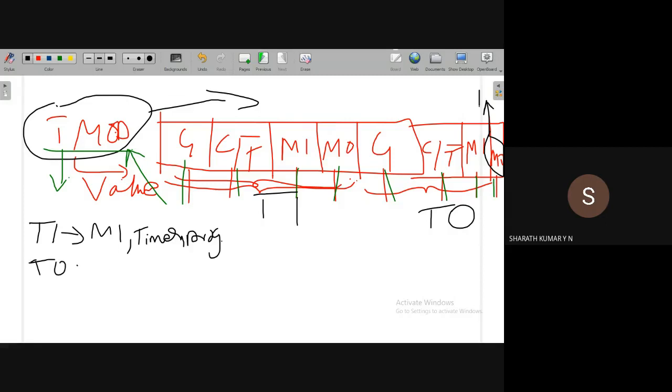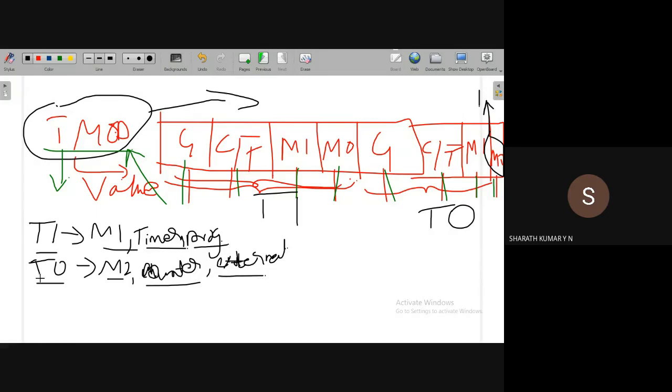Timer 0 as a counter in mode 2, using the external hardware method. For example, just to understand all the possibilities: timer 1 in mode 1 with the timer operation programming method, and timer 0 in mode 2 with counter operation, as a counter circuit using the external hardware method.